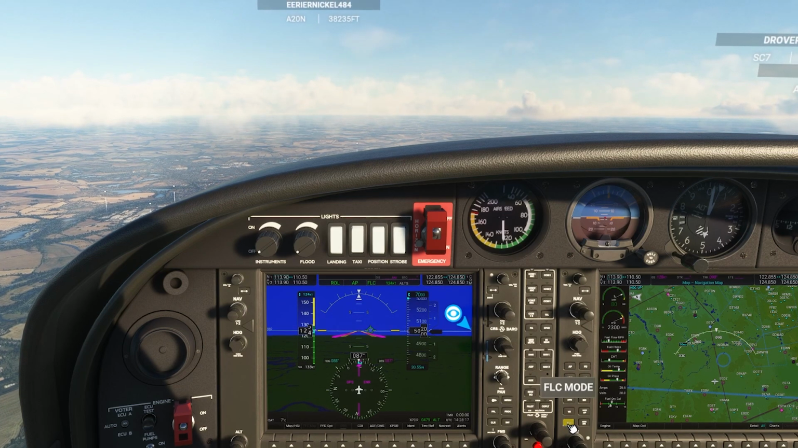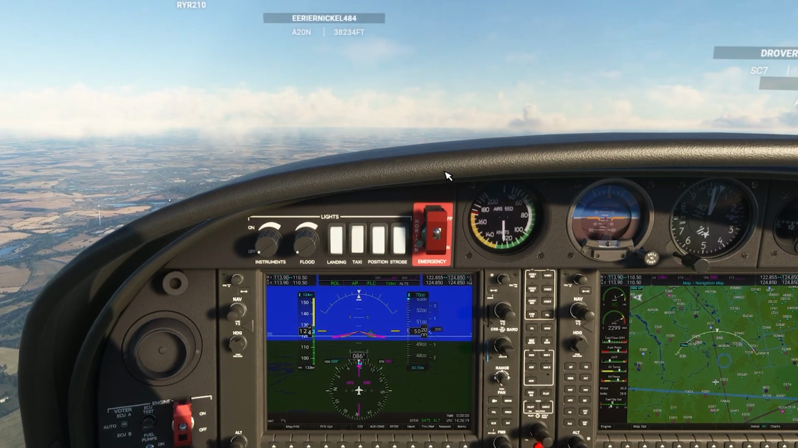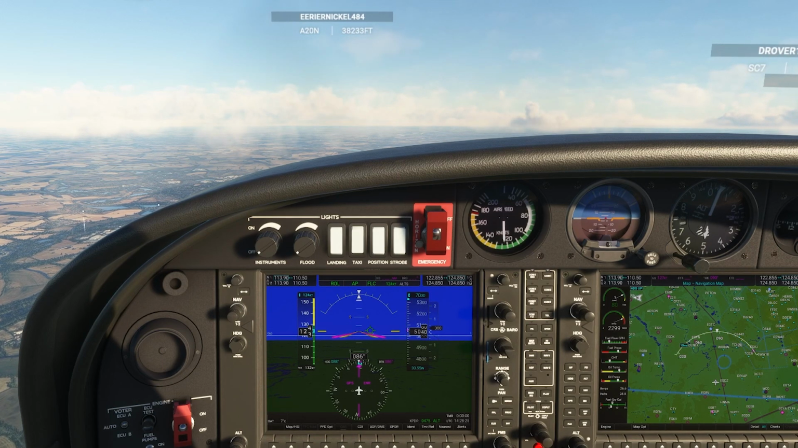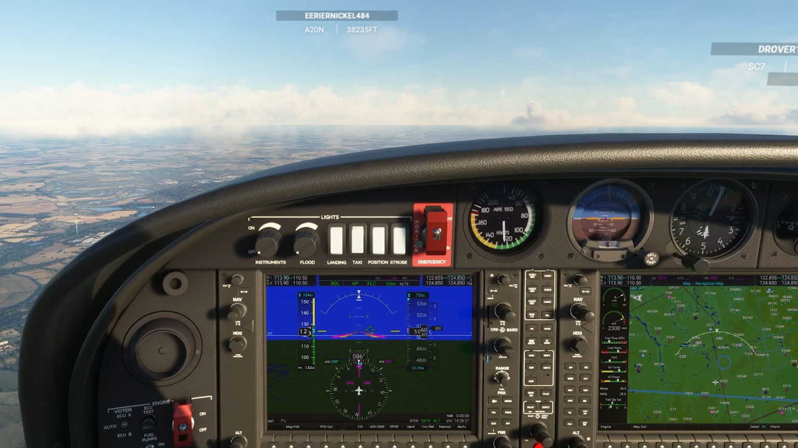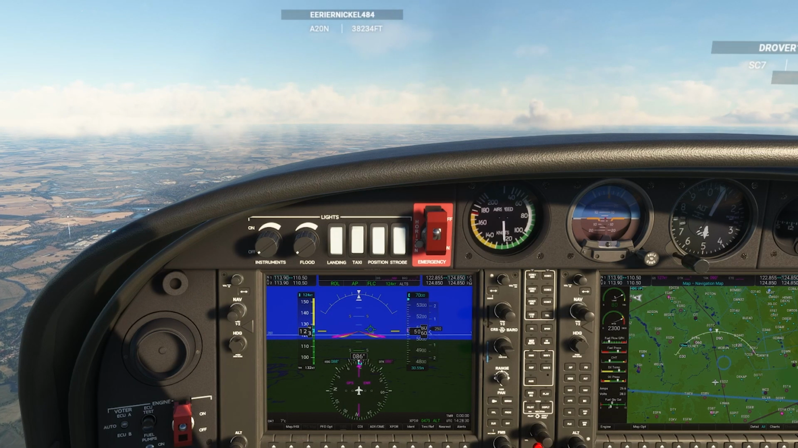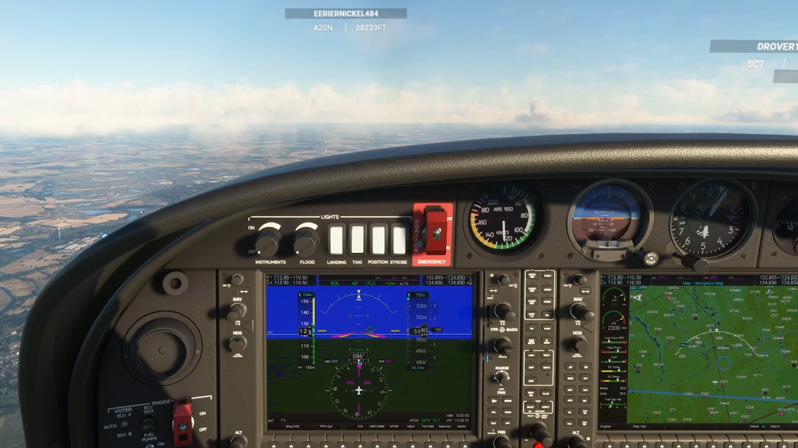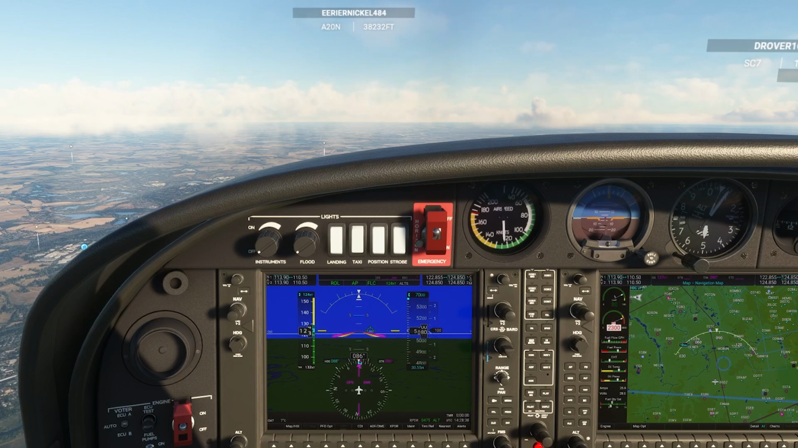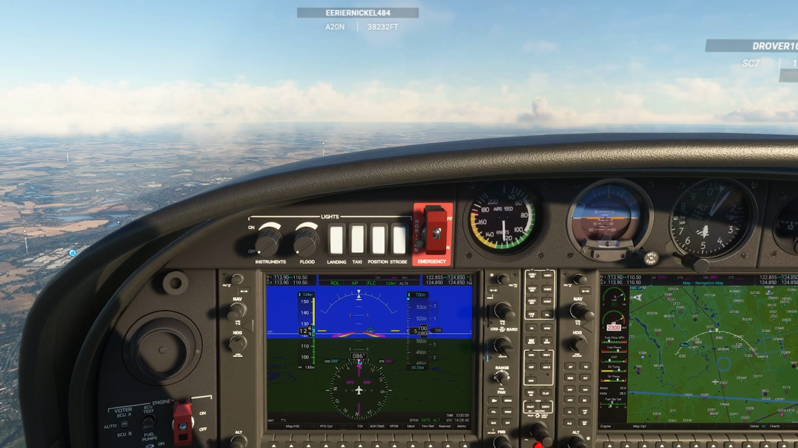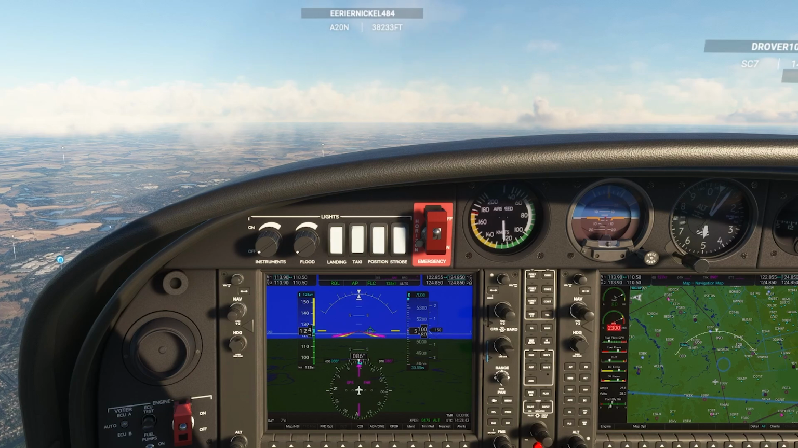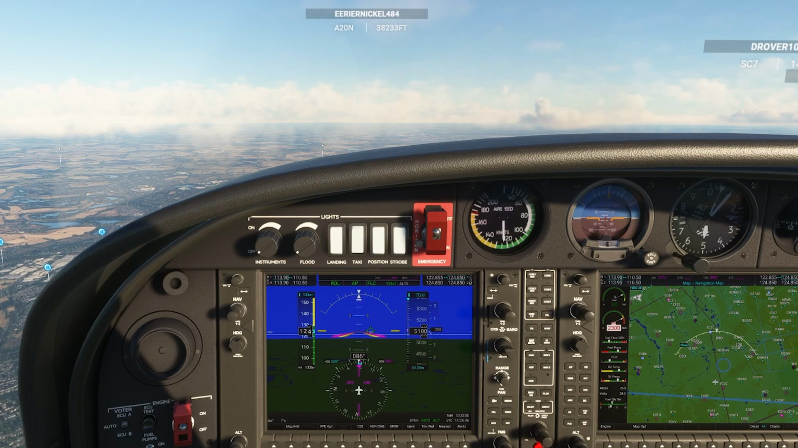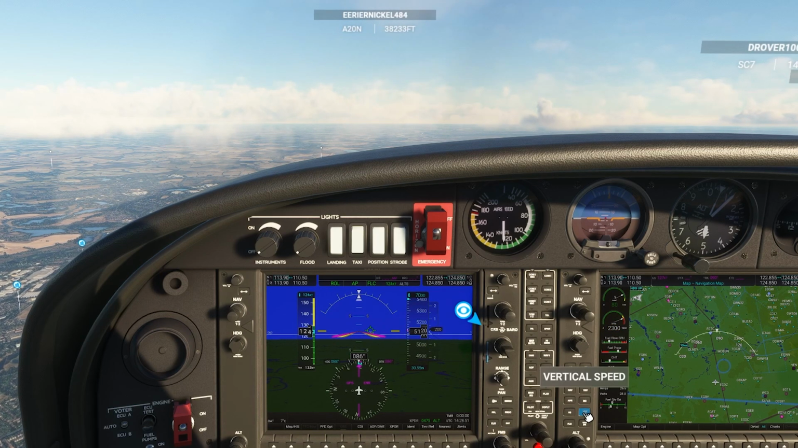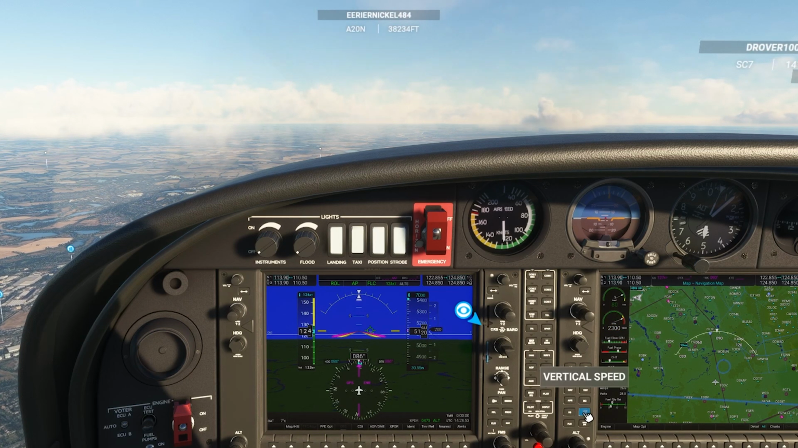So if we hit FLC now, it's going to climb us at the speed we're at, because that's the speed we were at when I hit the FLC button. And you notice it's going very, very slowly. It's 100 feet per minute or thereabouts. And it's climbing really slowly. But we're in a bit of a hurry, right? So if we want it to climb faster and we're in flight level mode, let's just go back into